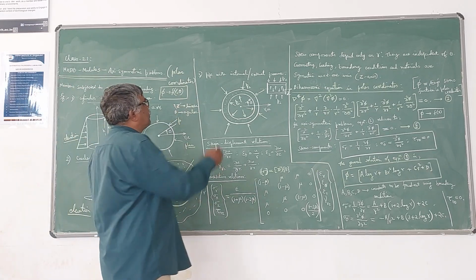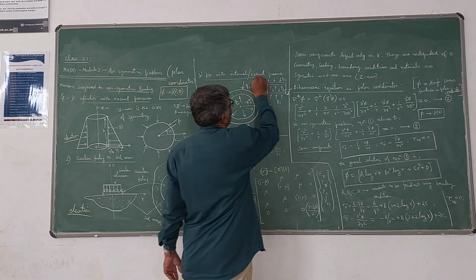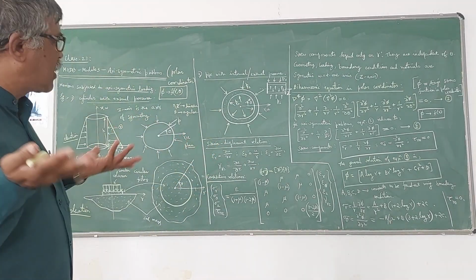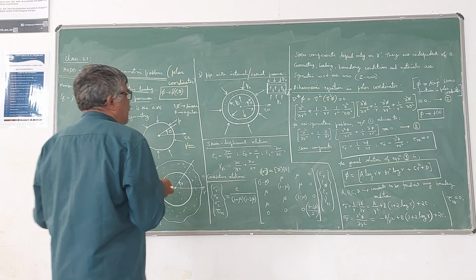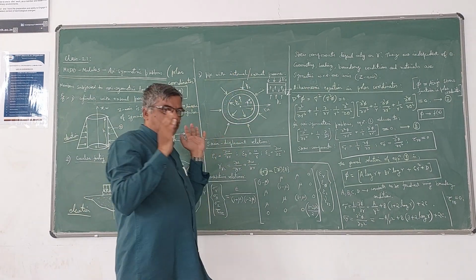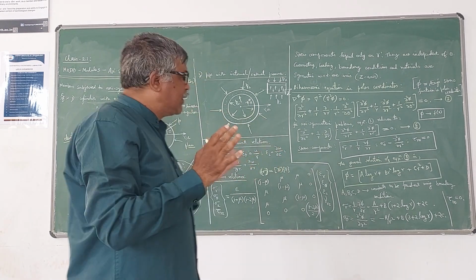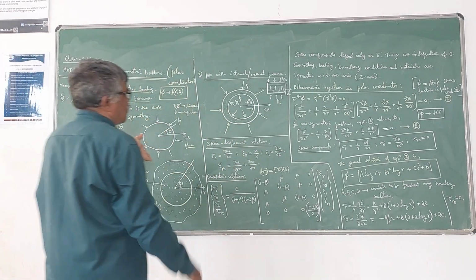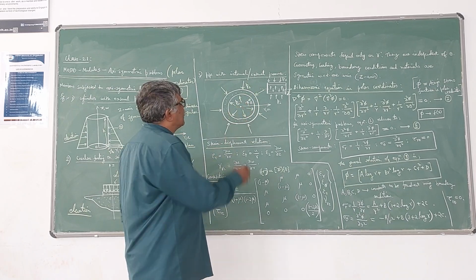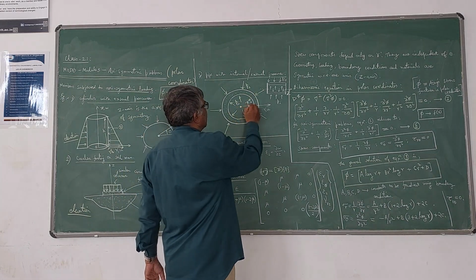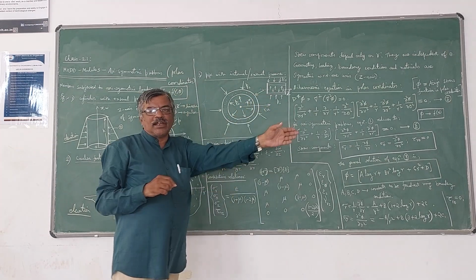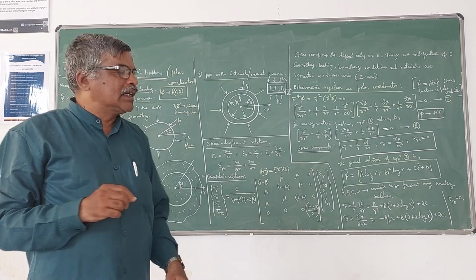Now the third example is a pipe with internal or external pressure. So a pipe is running, let us say a water supply pipe, something like that. There is an internal pressure in the pipe, and if the pipe is submerged in soil, there will be external pressure also. So Po is the external pressure, Pi is the internal pressure, r is the radial direction, and theta is the angular direction like this. Here, along the length of the cylindrical pipe, you will have the z-axis.